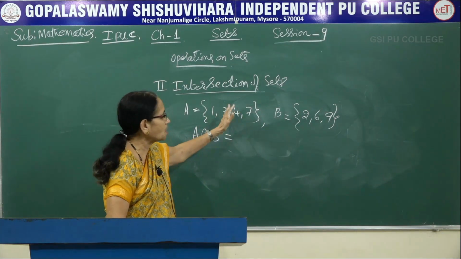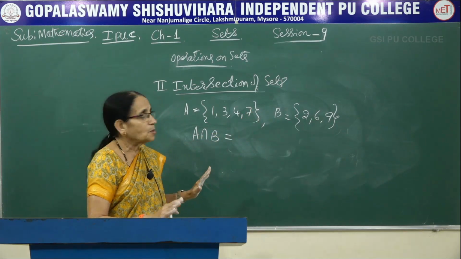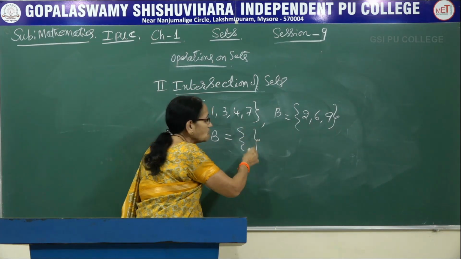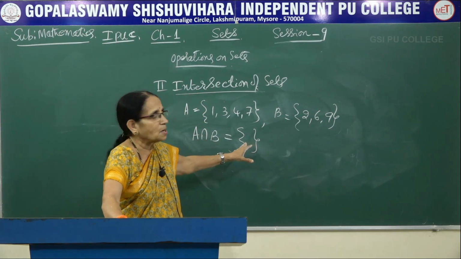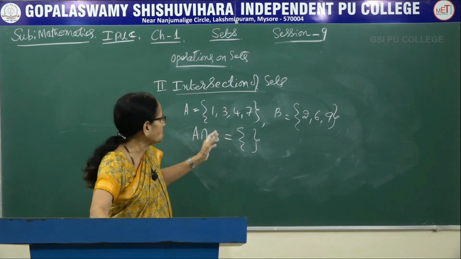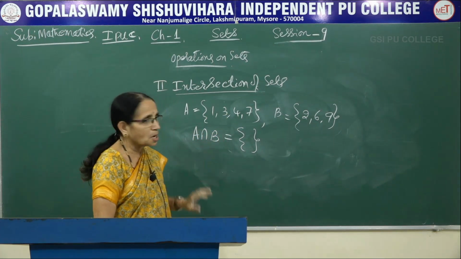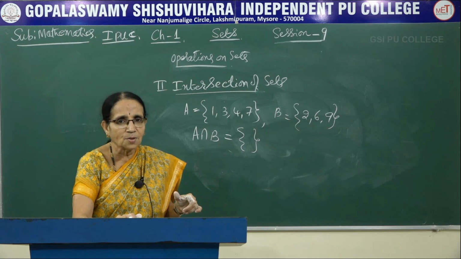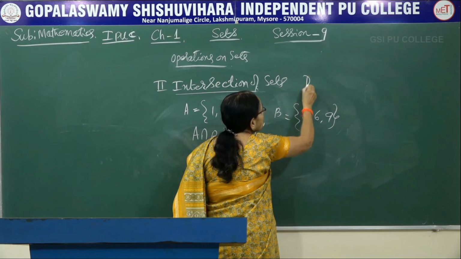This is containing 4 elements, that is containing 3 elements, but we don't have any element which is present both in A and B. So there is nothing, what do you mean by that one? It is a null set. Don't write 0 there, then it becomes an element. So it is not containing any element, which means it becomes a null set. That means these two don't have any connection at all in between. Now in such cases, when the intersection of two sets becomes a null set, in other words, if there is no element common to both the sets, we call them disjoint sets.